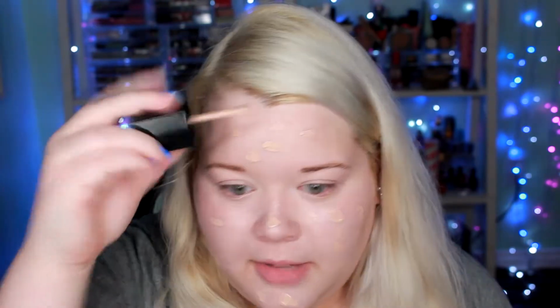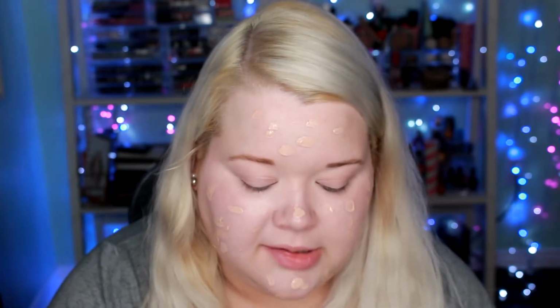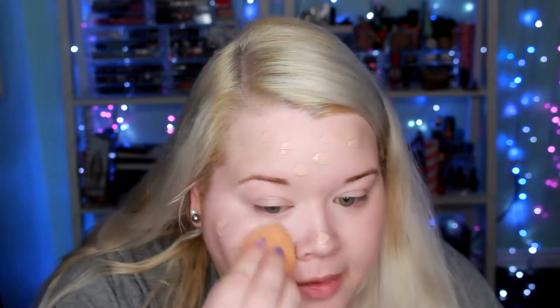I like that this has a little scoop kind of applicator to it. My favorite applicators for foundation are whenever they have a pump, but if it's not going to have a pump, I think this is the next best thing. So I definitely like that it has that little scooper. I'm using my Real Techniques sponge, and I've only used this foundation a couple times,